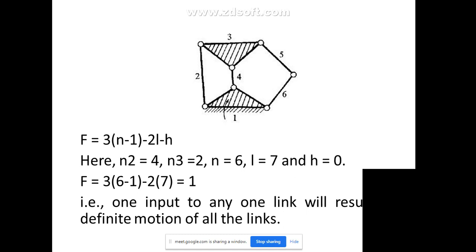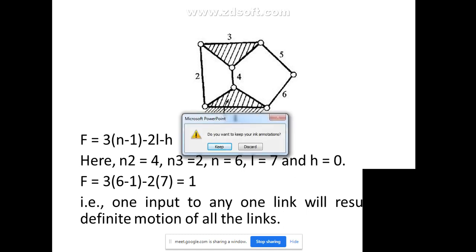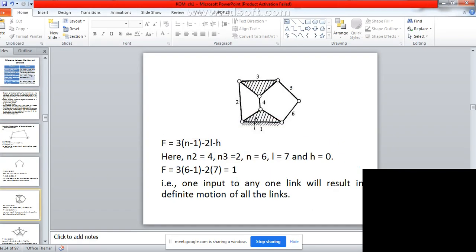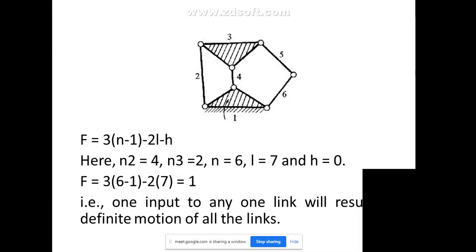So all 3 problems are clear to you? Sir, this problem, why did you not take this link, sir? Which problem? The last numerical. The triangle is there, no, sir? That link you have not considered, no, sir? Why did you not consider it? I considered it, no? No, sir.